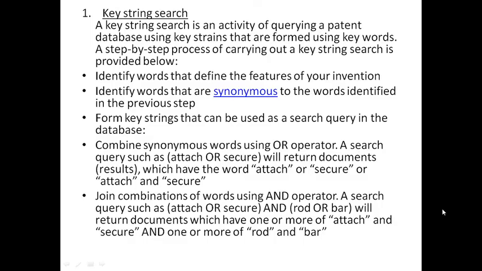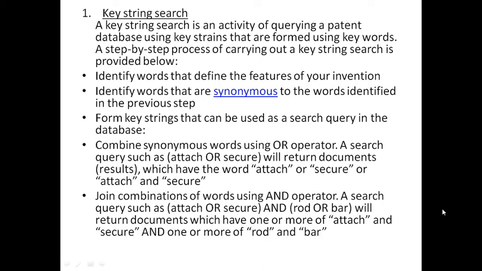Okay, it's very easy. Keyword search is the activity of querying a patent database using a key string formed using keywords. I will tell you the step-by-step process of carrying out the string search. Identify one word; from that word you search and the idea will come.